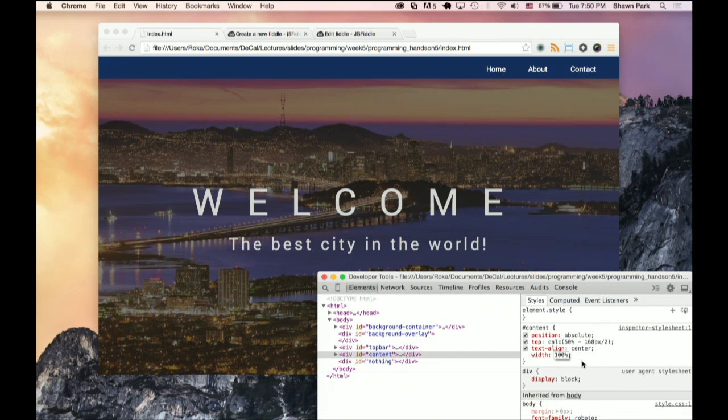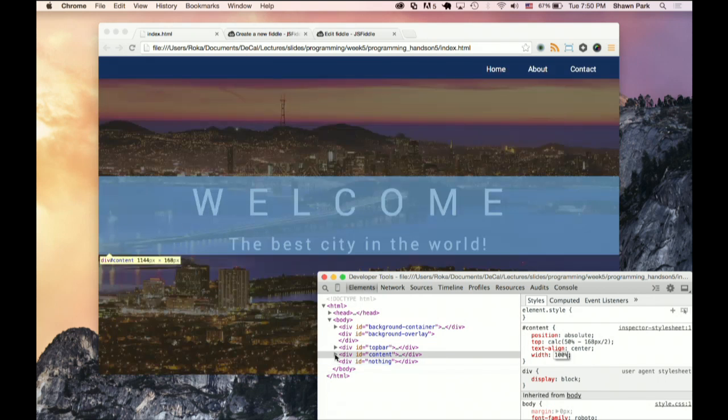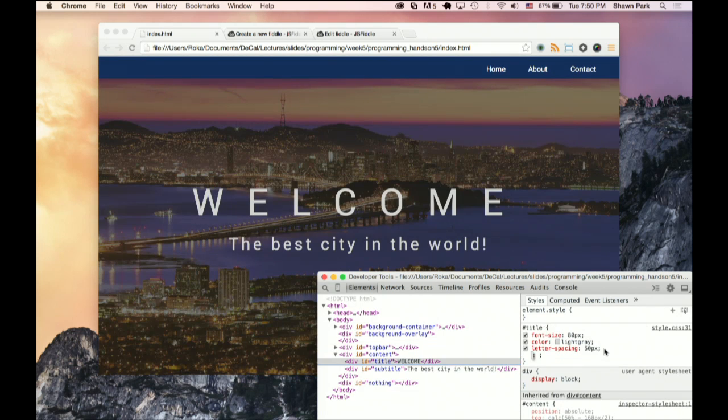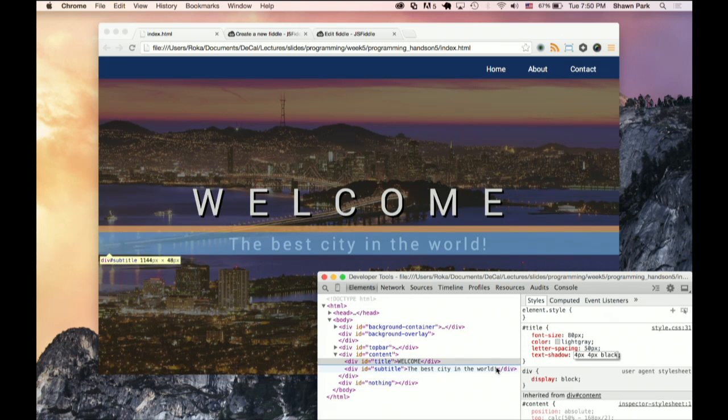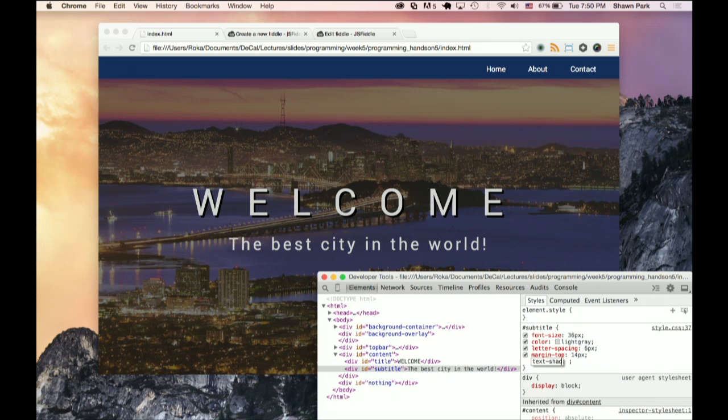All right, next we want to use some text shadow to give some contrast with the background. For the title, we're going to use a text shadow 4 pixels black. And for the subtitle, 2 pixels black.